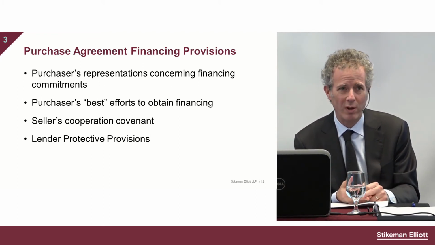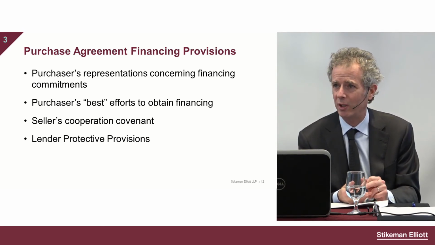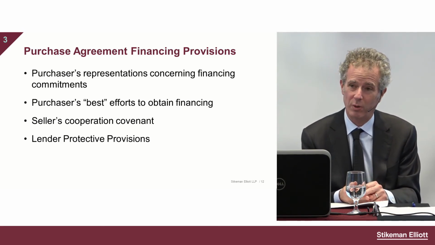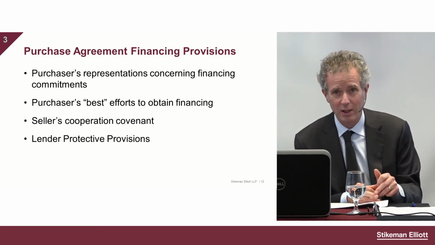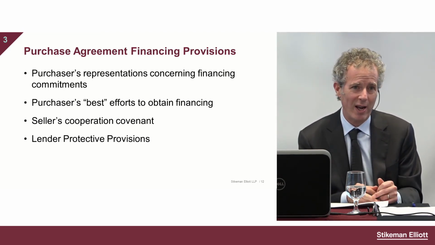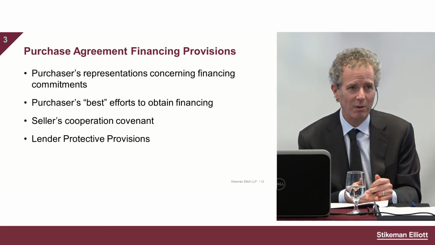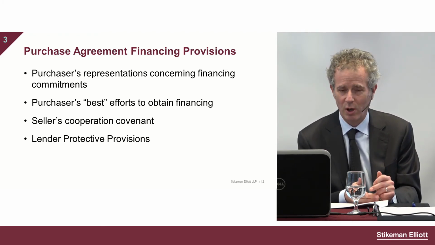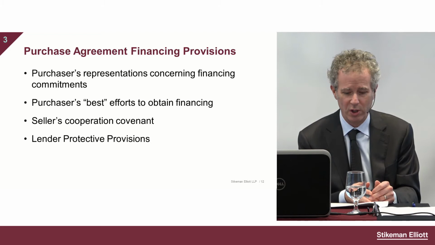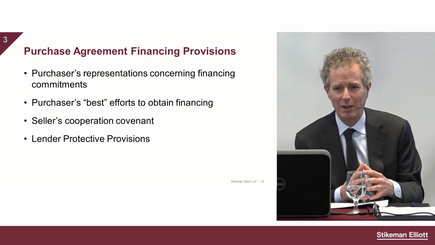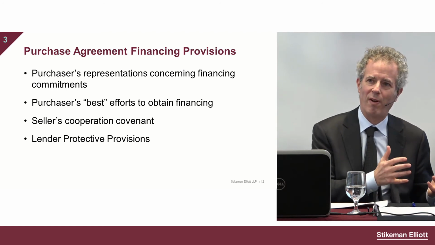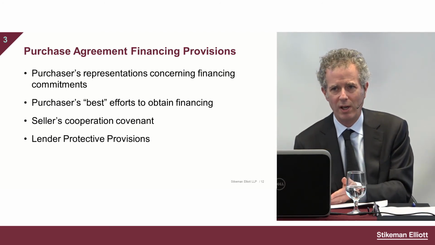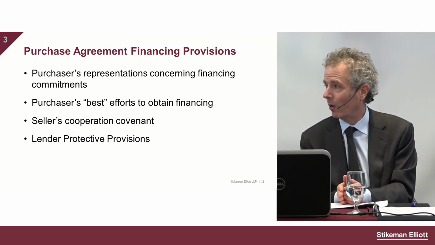They sometimes want detailed representations and covenants in the purchase agreement, where the purchaser is making statements about its financing, saying that it's going to use all efforts to ensure that they're in a position to close the financing. When I first saw it, to me it was contrary to the notion, you don't have a financing out, why do you have to be so fixated on these things? But in particular, when you have a private equity buyer,